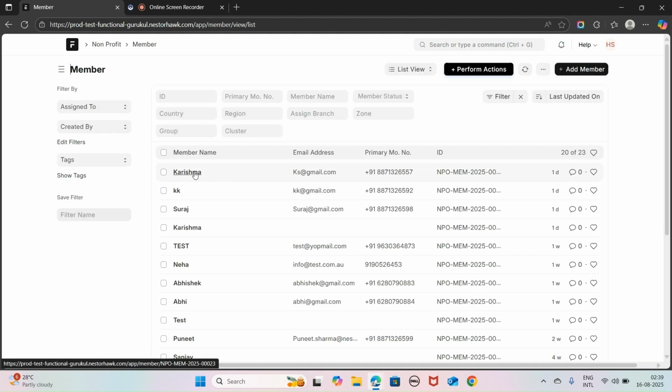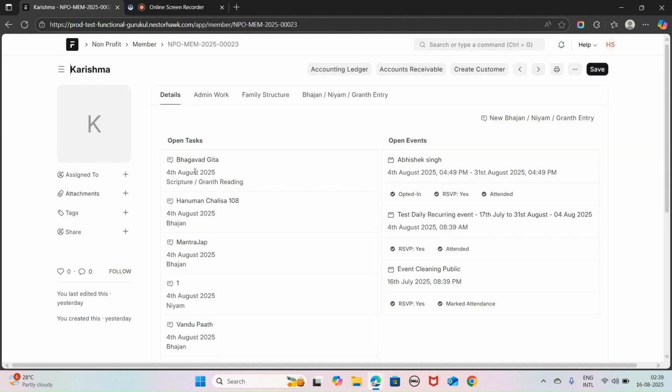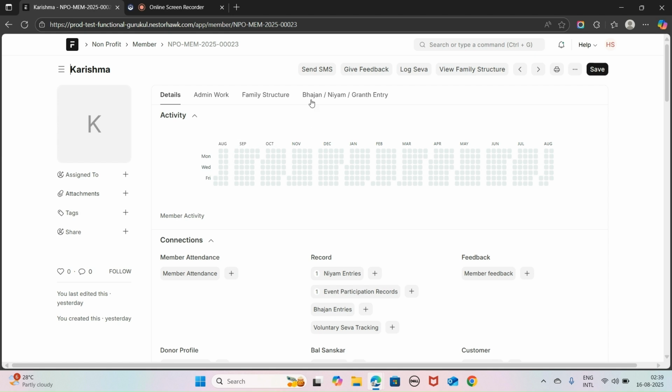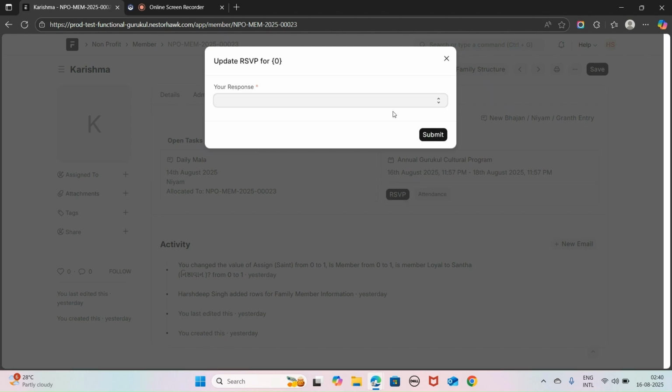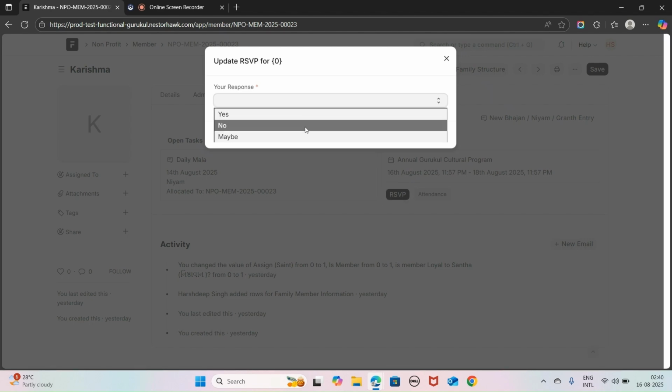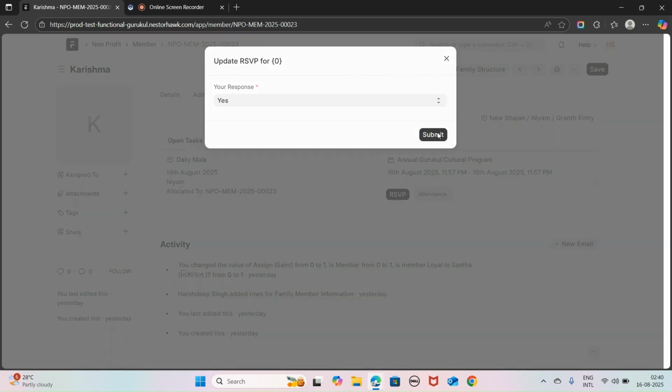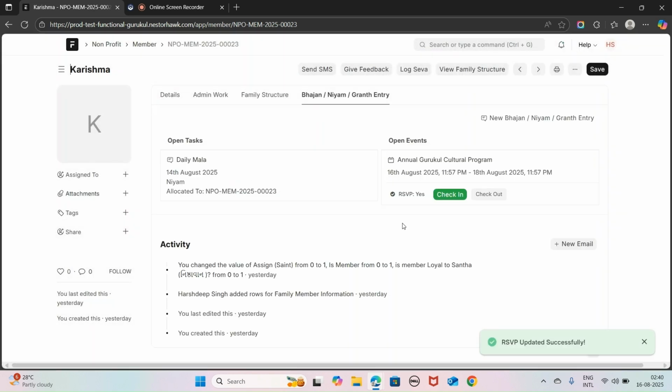Go to Karishma and go to Bhajan, Niyam and Granth. Here you will see that the open events have been added to the member. From here the member can set whether they want to come or not. Click on response whether they want to come: yes, no, maybe. Suppose yes, then click on submit, and done.